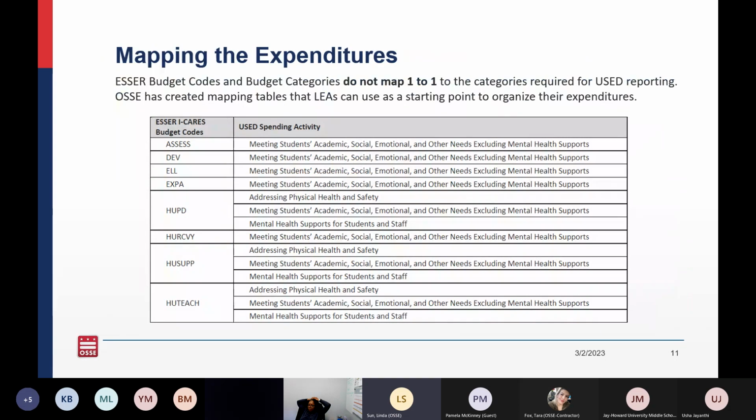And then we also will be providing mapping of your expenditures. So if you remember, you had to tag budget codes to each of your line items in EGMS when you did your budget and then also in the reimbursements. And so we have mapped those budget codes to the different types of spending activities that Ed has asked for. This doesn't map cleanly one-to-one, which is why we definitely need a lot of your assistance in making those final determinations. But this mapping should serve as a good starting place, at least for you to begin the tagging. So that's what the expenditure data looks like.